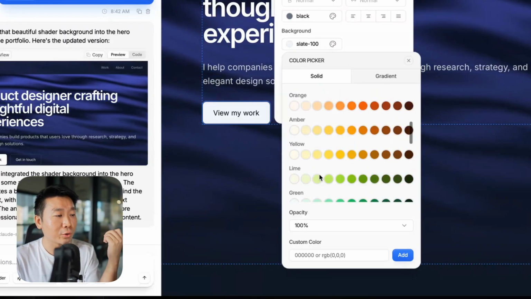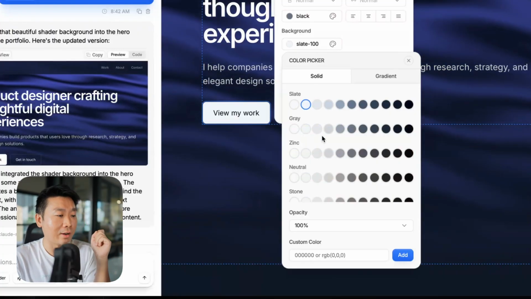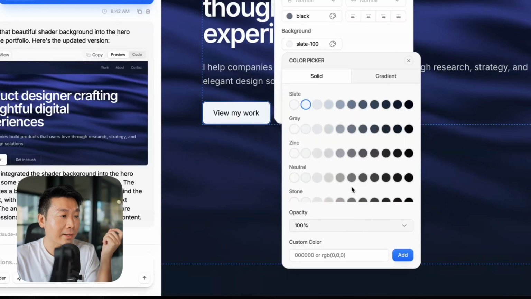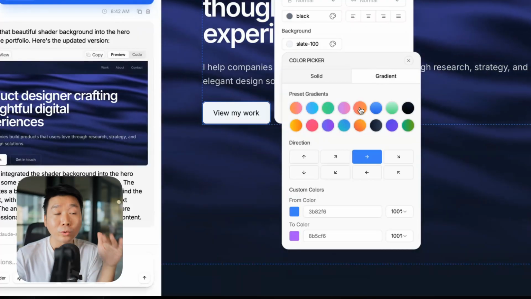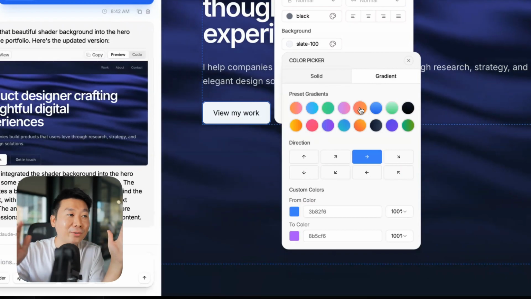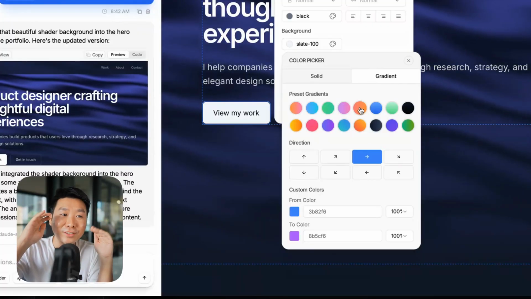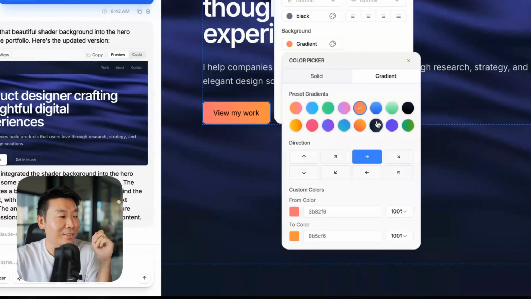But if you're using a neutral tone, you want to use slate, gray, zinc, these things that you're going to be learning over time. And then you have the opacity, but also you have the gradient, which is really cool. So this is built in. As you can see, this is a tool created for designers, and I just launched it this week on a Tuesday, and you can see you have these